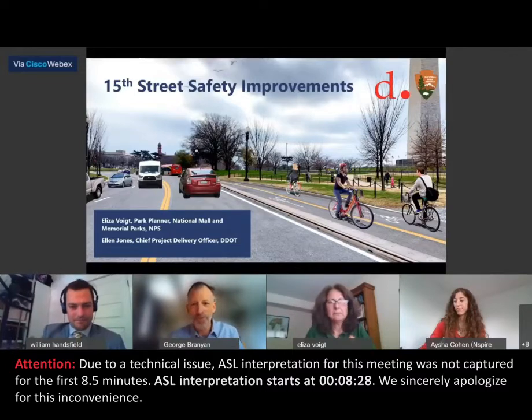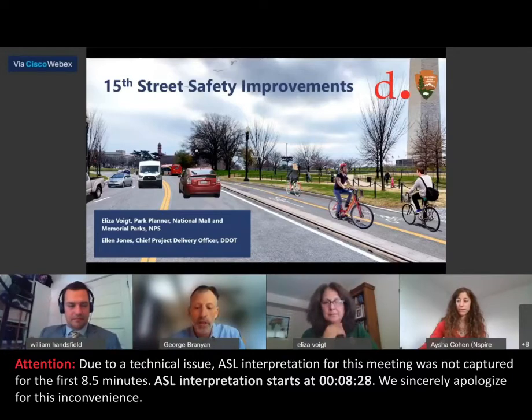Thank you, Will. It's great to be here for meeting number 2. This is an exciting project from DDOT's perspective. This is one of the key projects of our 20 by 22 program, which is a very ambitious goal to add 20 miles of protected bike lanes by the end of 2022. We are working our way through that goal, and if you've been around the district recently, you've seen